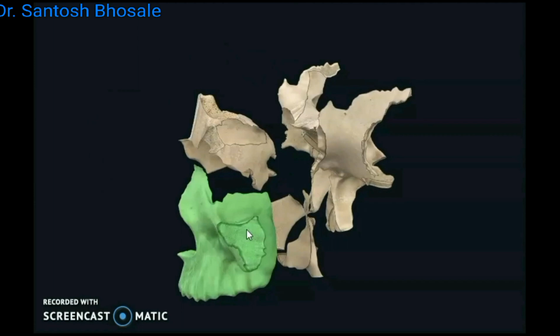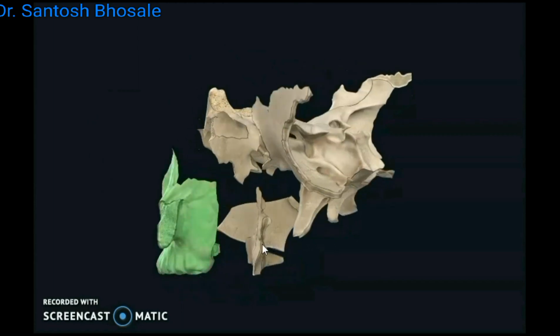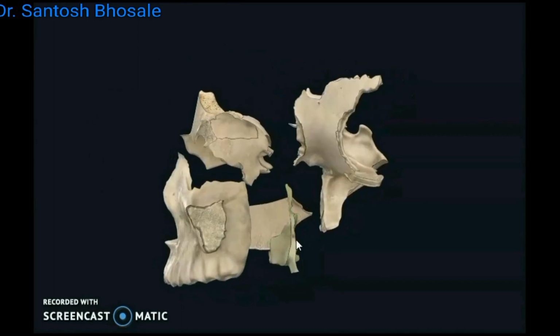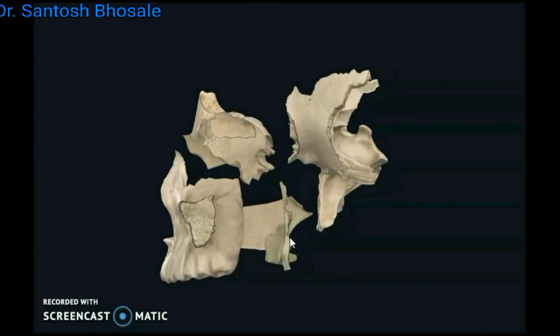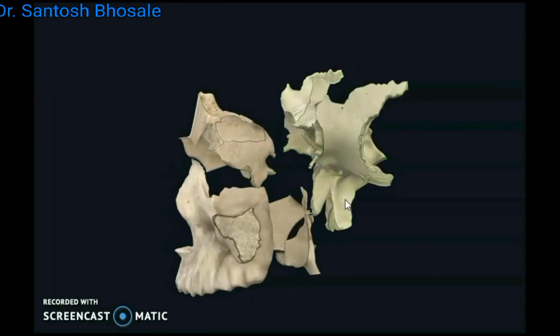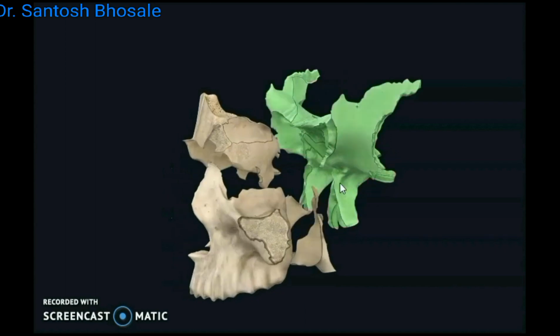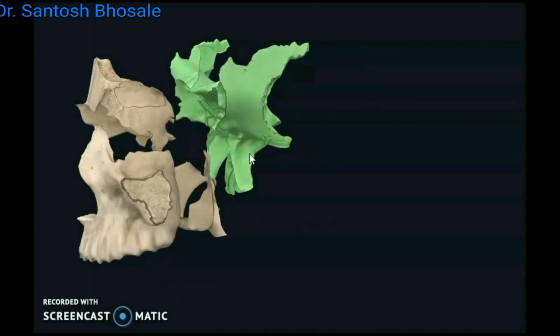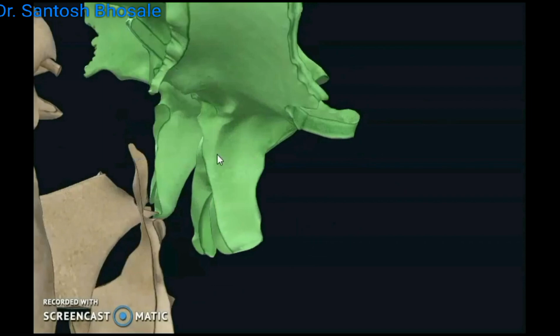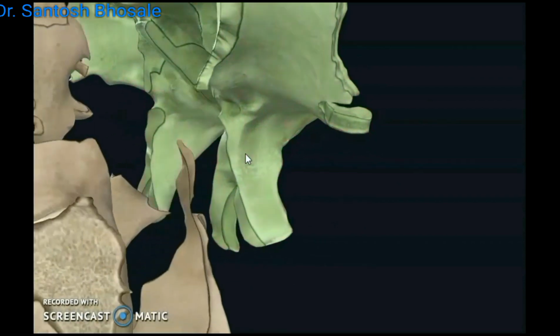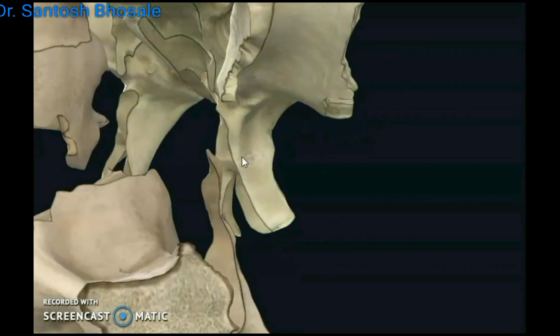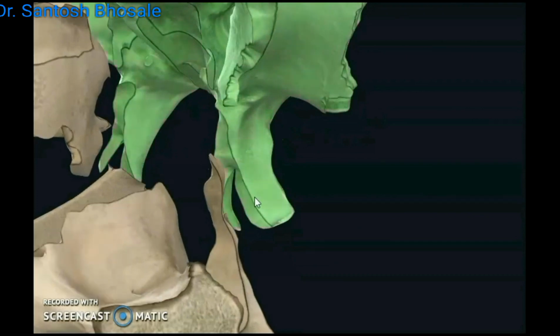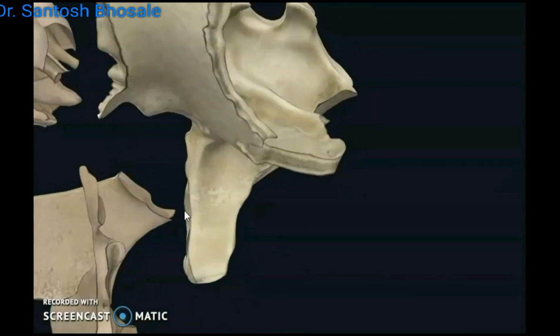You can say anteriorly the maxilla, and medially we are seeing the palatine bone with the sphenopalatine foramen. It is between the sphenoid and palatine bone. That is the root of the pterygoid plate. Yes, that is the root there, you can appreciate. It is like when you open a book, the back of the book, the margin. So from there you will get the lateral and medial pterygoid plates.